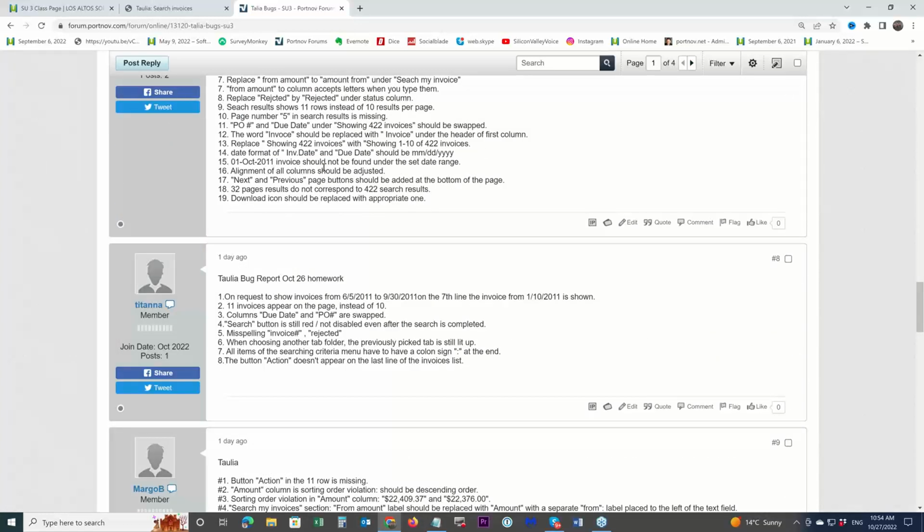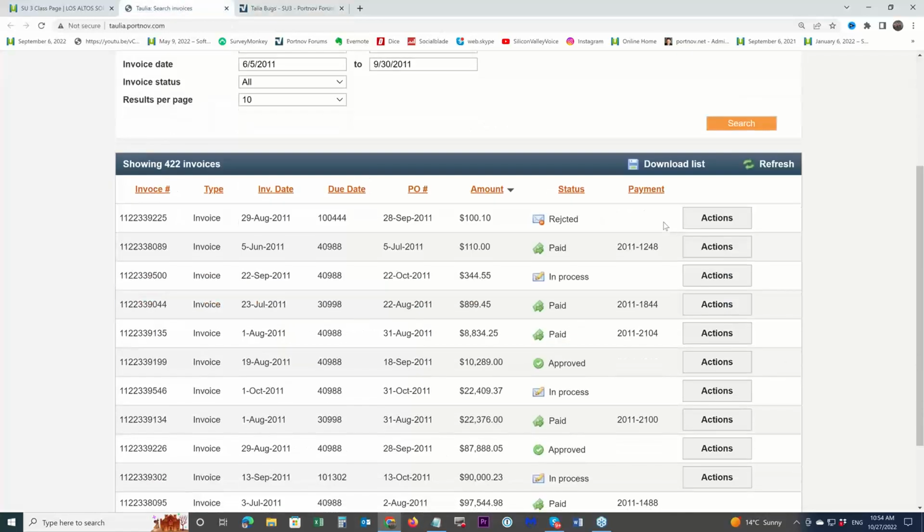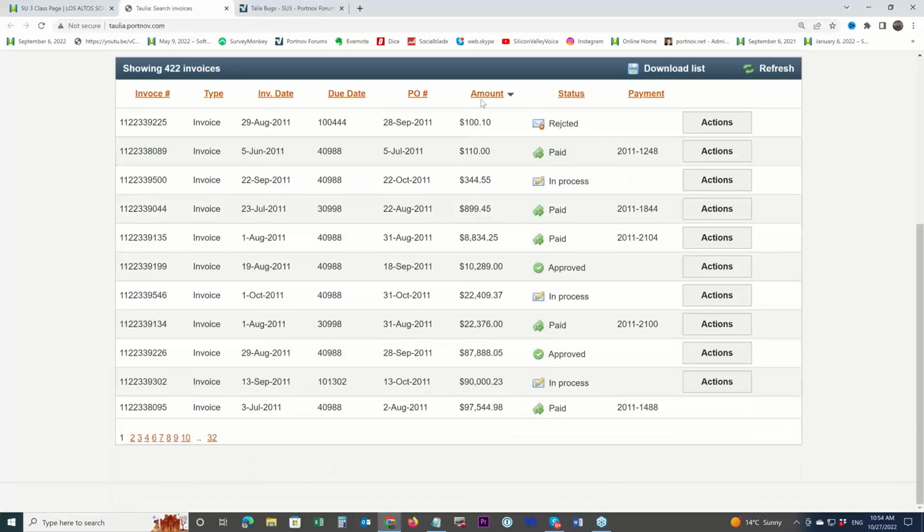Alignment of all columns should be adjusted. Yes, guys, alignment is not done nicely, especially when it comes to money. For example, here, it is adjusted to the left. See, it is all adjusted to the left instead of being organized by that decimal point.